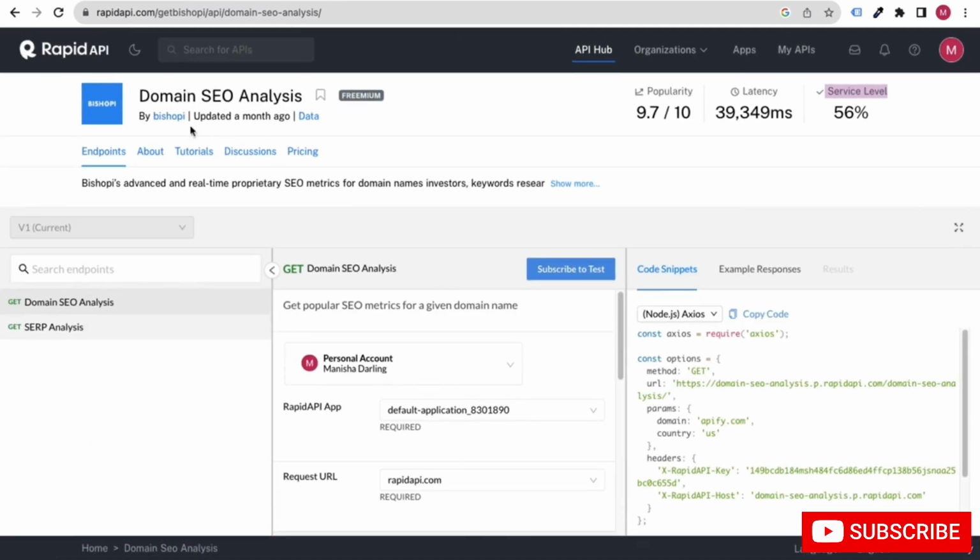So let's say you are planning to create your own SEO analyze API or domain SEO analyze API. So you can see this competitor. Okay, so he is popular as well, but what you can do is create your own API and try to improve it. That means you can focus more on the service level.